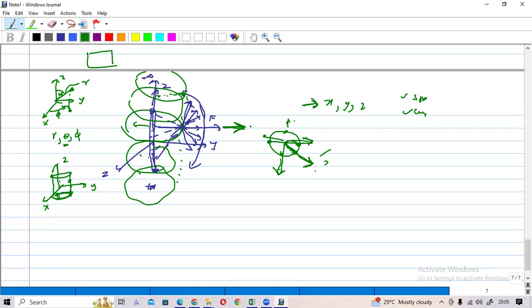One thing is the distance from the z-axis to this point. That is normally referred to as rho. And the z-axis value, this value, that is z. Okay. And also,